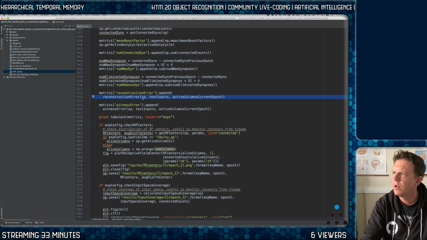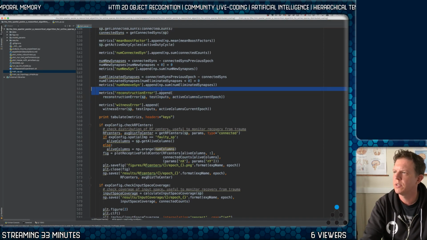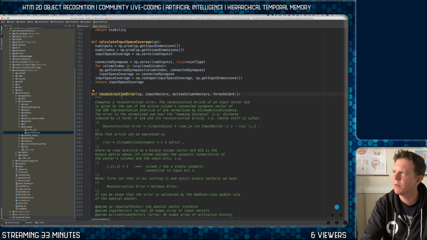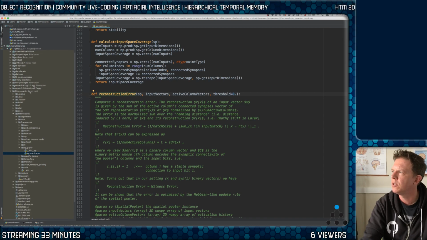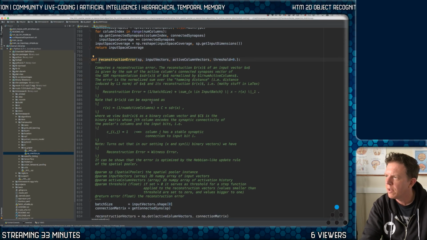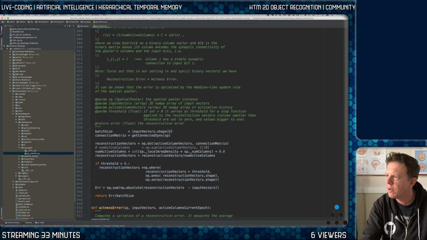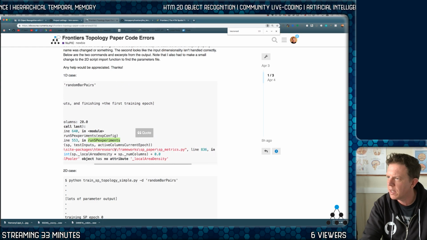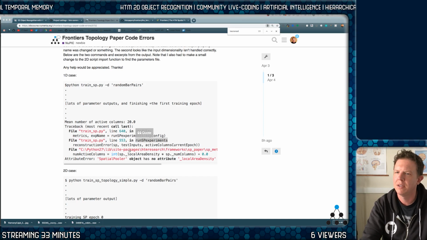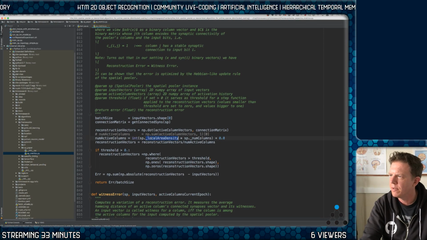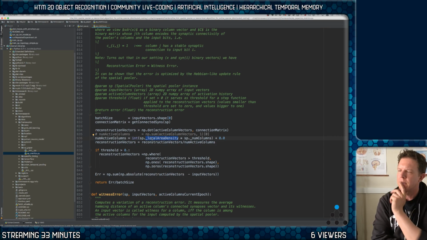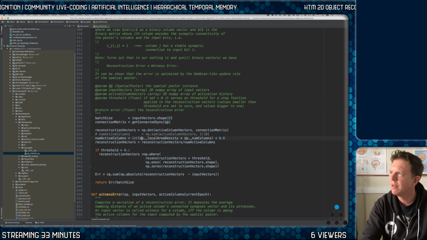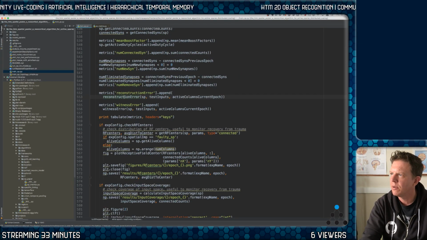So in this metrics append, or oh no, where's reconstruction error coming from? SP metrics in HTM Research. Okay, so I actually followed it right in because I have it installed. And that is line 836 right here, where it's saying sp.local area density. So this SP, it's getting, oh, it's being passed in. So this SP